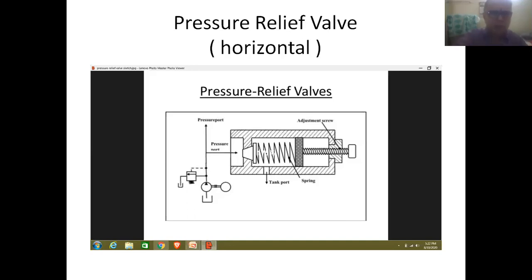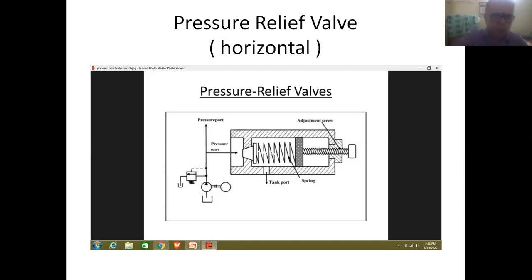And here we have the position of this valve. This is the position of the pressure relief valve, and this hydraulic pump will be continuously generating high pressure fluid during the operation of the circuit.